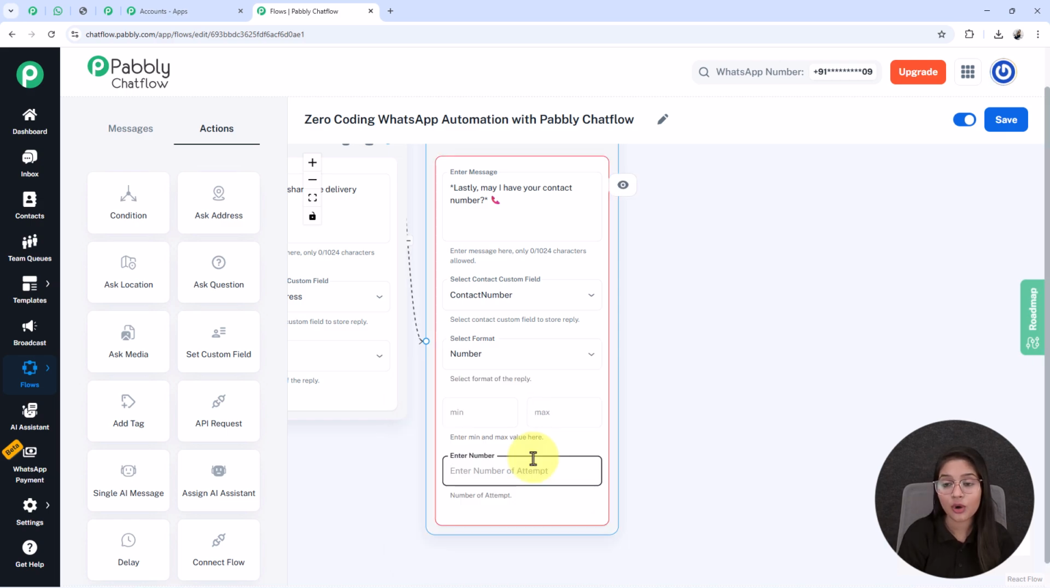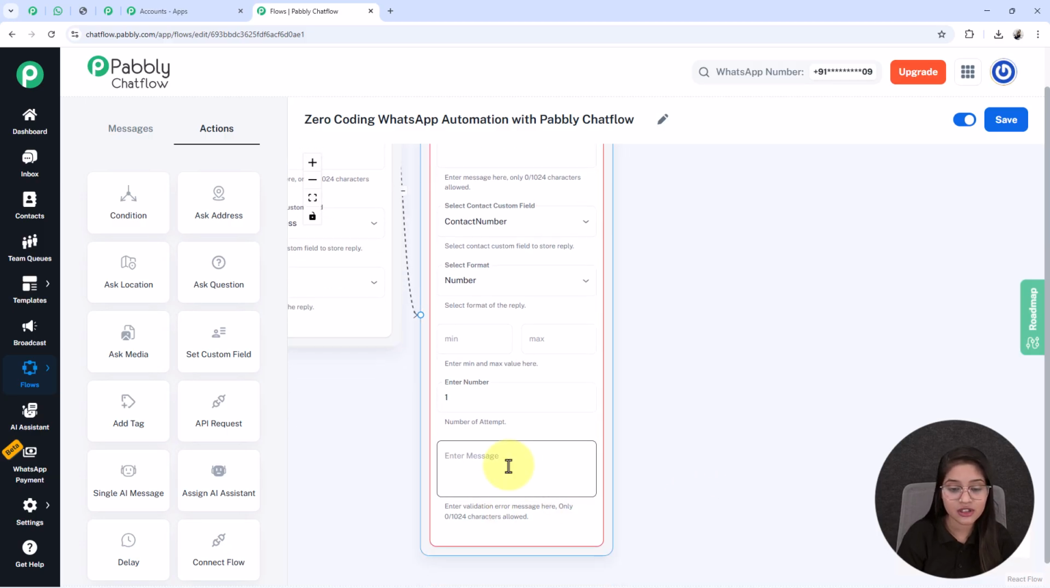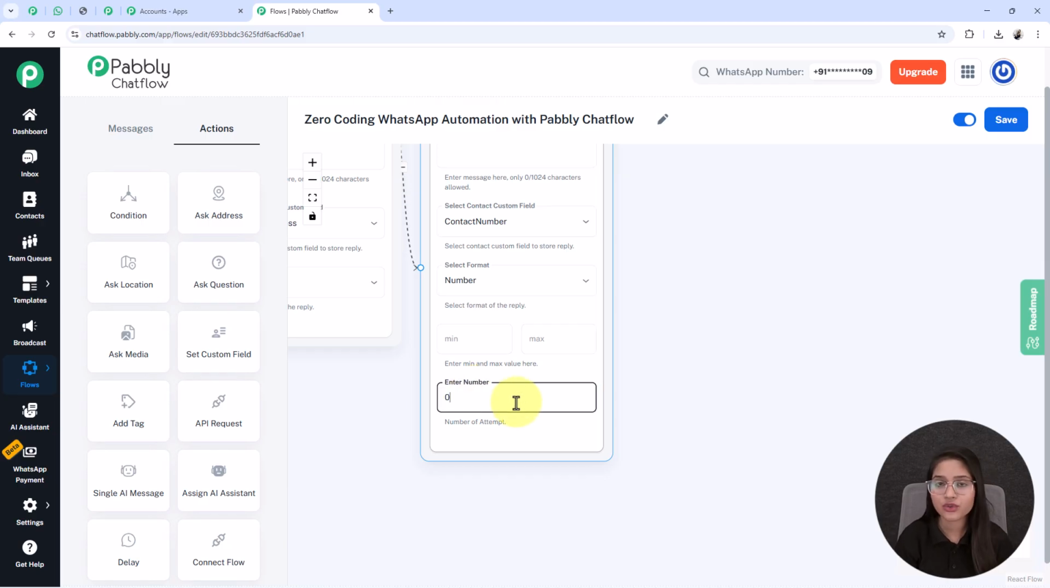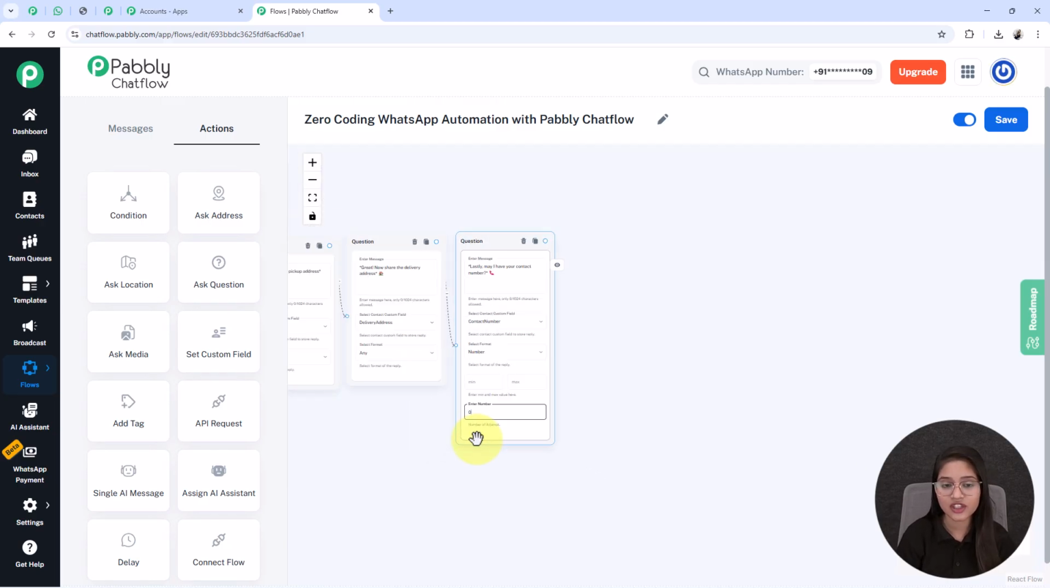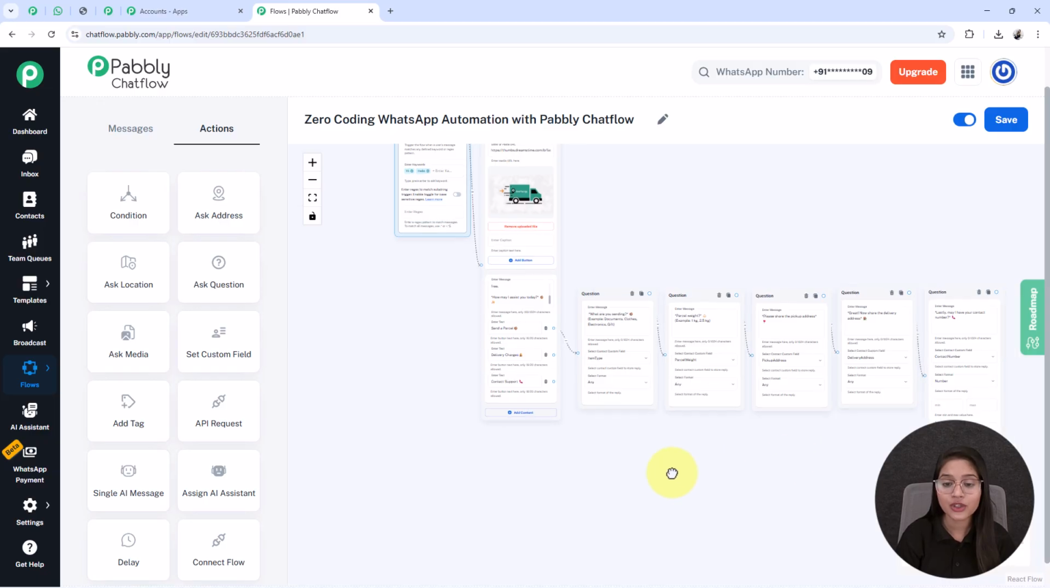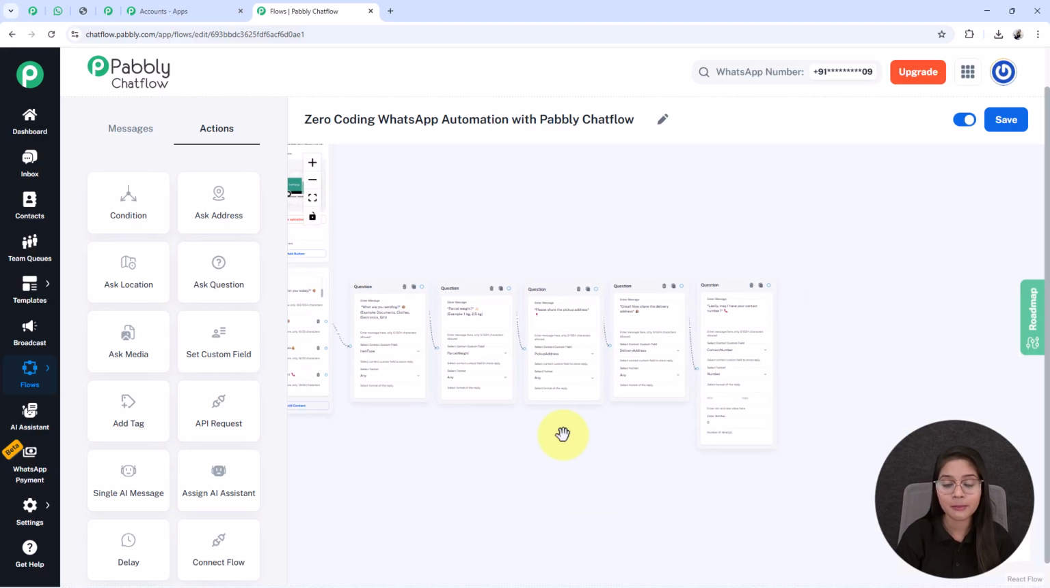But keep in mind, whenever we increase the number of attempts, we have to write the validation message in this enter message box. In this case, I am giving the number of attempts as 0, so there is no requirement of any validation message. Now, when my user shares the item name, parcel weight, pickup address, delivery address and their contact number, then at last my bot will give them a request received